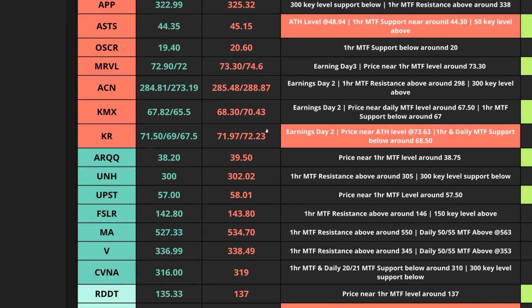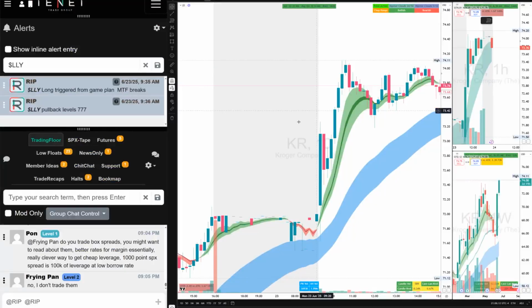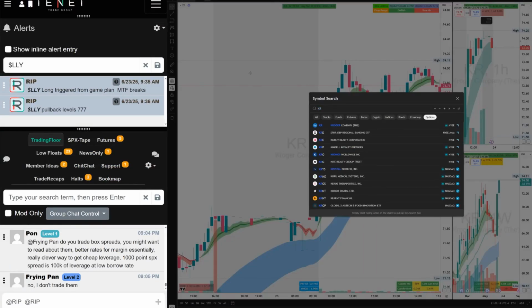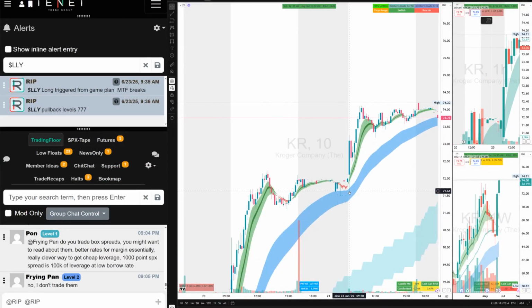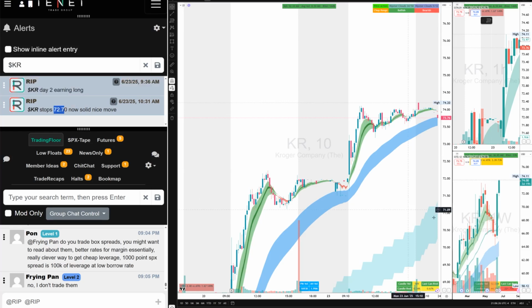Earning play, you see highlighted earning play, earning day 2s, everything here, the pre-market guidance. Again, guys, thousands of examples of this setup. You see 3450 bounce, you long here, pre-market high, you long here. I did mention to the traders, earnings long right at the open. The stop I gave was 70 to 70, and once it started to push, you made a couple of dollars long there on Kroger. All right, let's look at the next setup here.